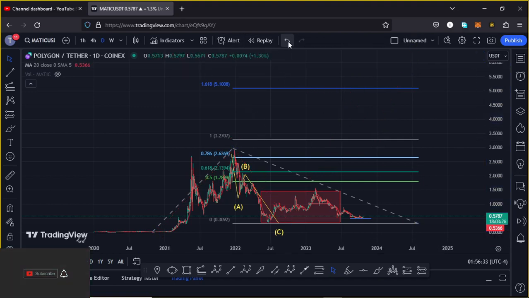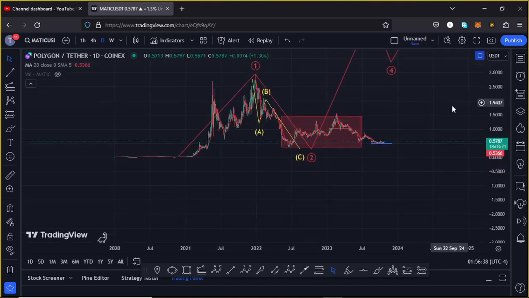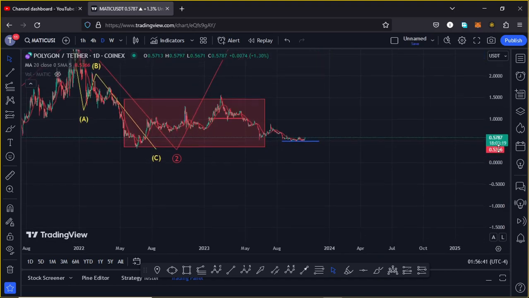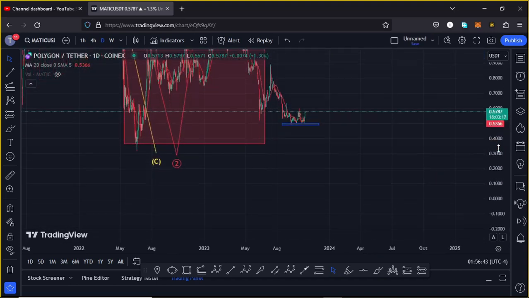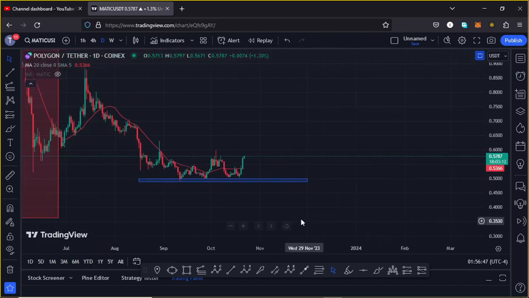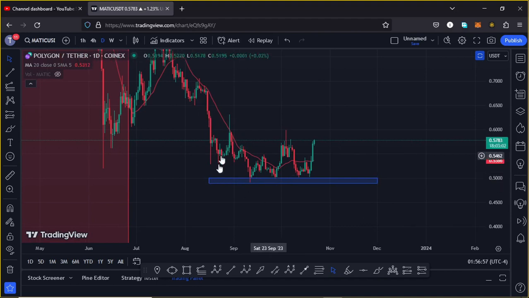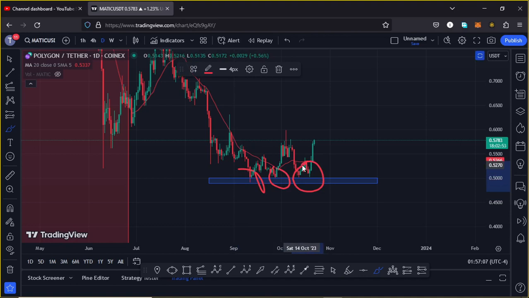Zooming in on the charts to now give you my short-term target areas and areas that Matic needs to continue holding, you can easily see that here on the daily chart we have that significant area of support at around the 0.48, that is at around the $0.49 mark, where we have been seeing significant bounces after touching that area of support. You can see that we have like 3 touches over here, and finally this week we have seen